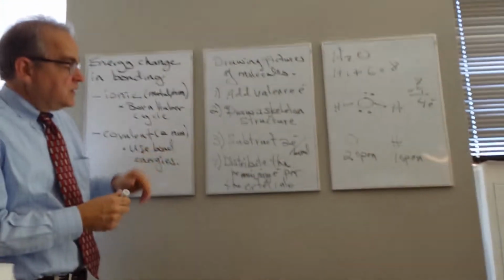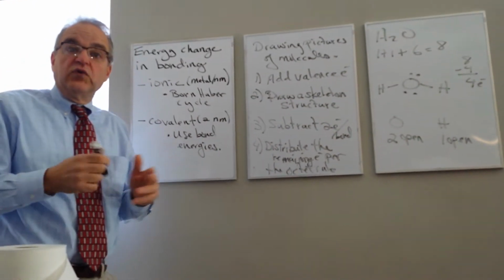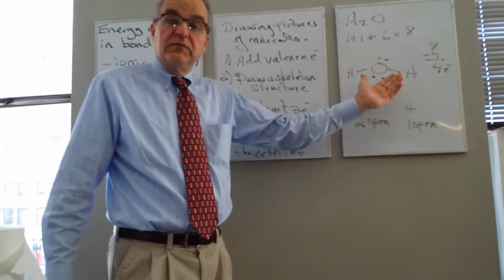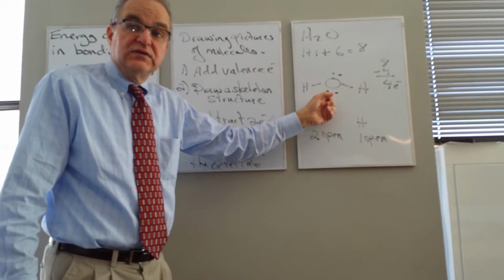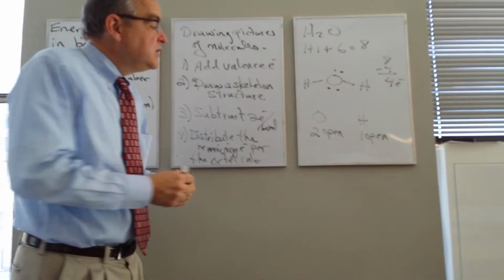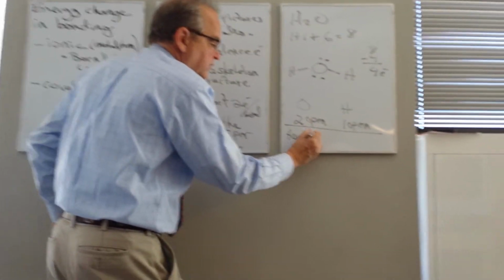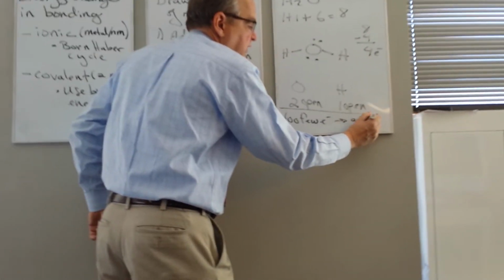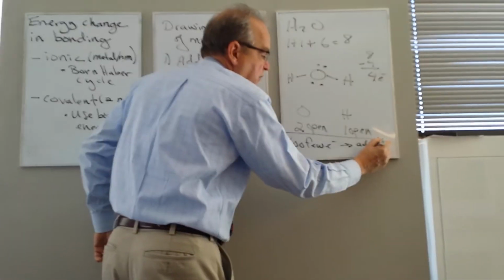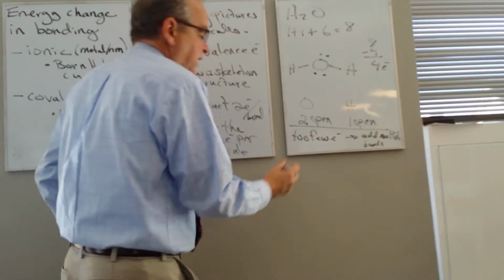All right. So one other thought, and we're going to shut the video down. Sometimes it doesn't work out perfectly. Here it worked out perfectly because the hydrogen needs 2, the oxygen needs 8. So it's fine, everybody's happy. But if you have too few electrons, you're going to have to share more. So you add multiple bonds. By multiple bonds, I mean double bonds or triple bonds. And if you have too many,